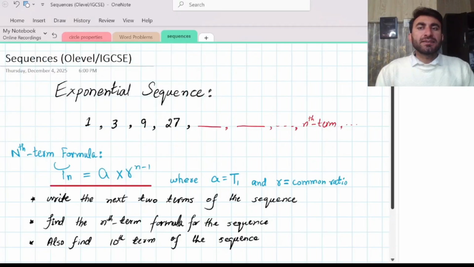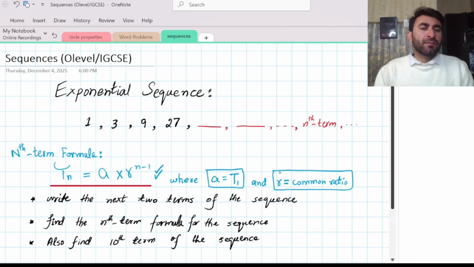Basically, a sequence where the next term is obtained by multiplying the previous term by a certain number is known as an exponential sequence or a geometric sequence. The nth term formula for an exponential sequence is given by a multiplied by r to the power n minus 1, where a is the first term of the sequence and r is the common ratio, or the number being multiplied. So if we see a sequence with the terms 1, 3, 9, 27 and so on,